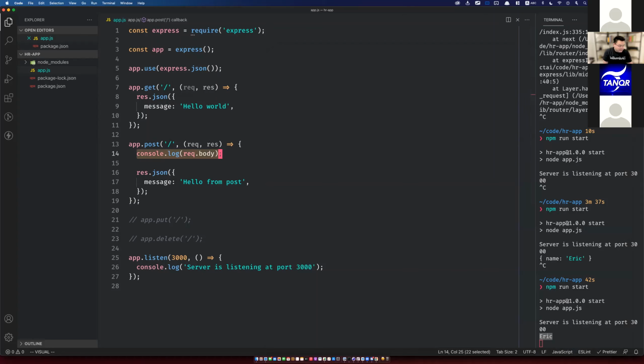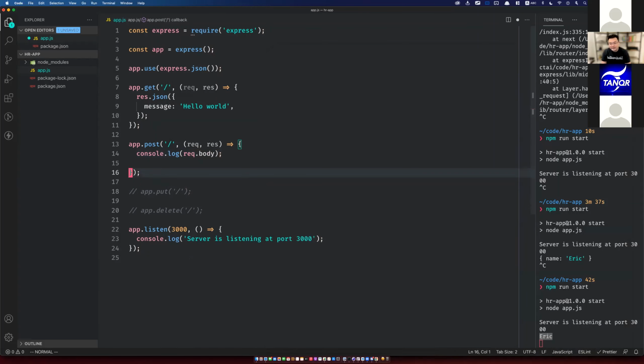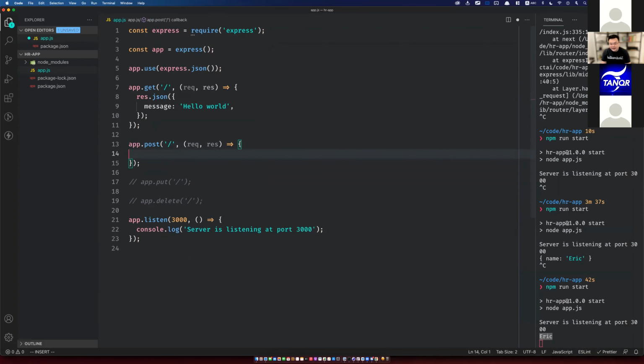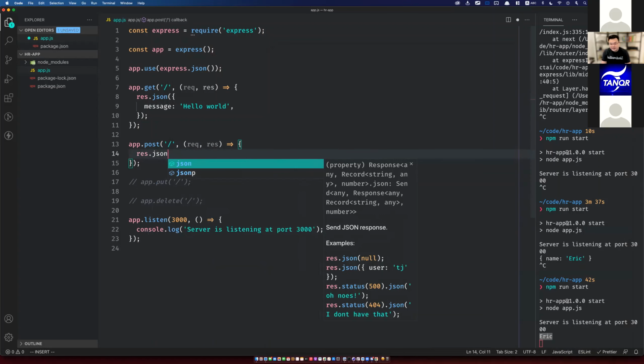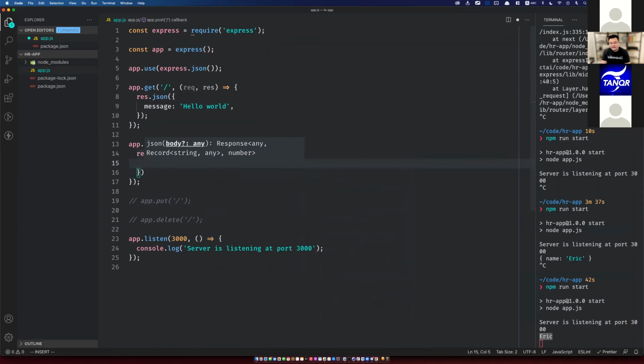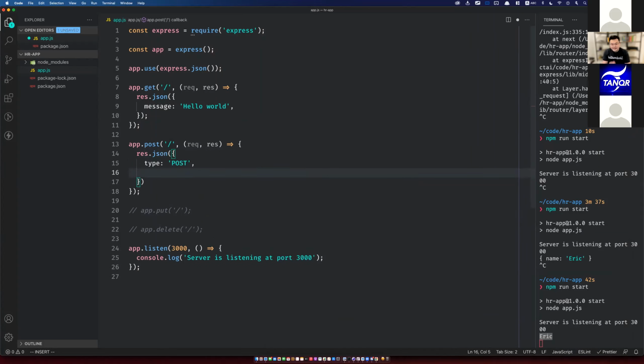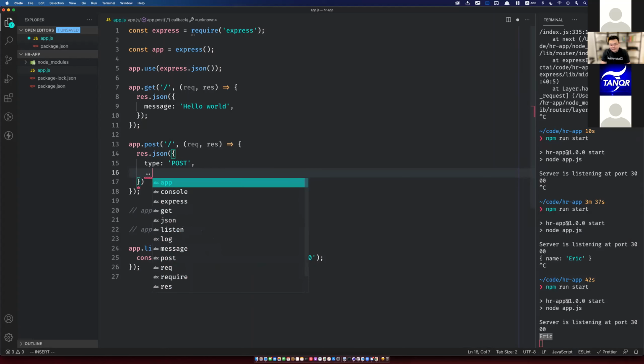Okay. All right. So I'm just going to write a couple more over here. Let me change this to response.json. Instead of just message hello world, I'll write type, and put an extra string over here that says this is a post, so that you recognize what this is. And then after that, I'm going to dismantle